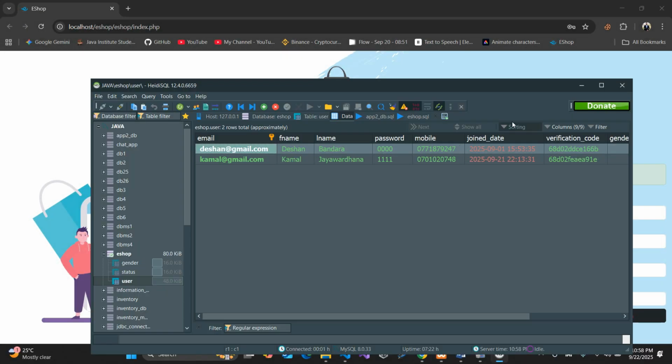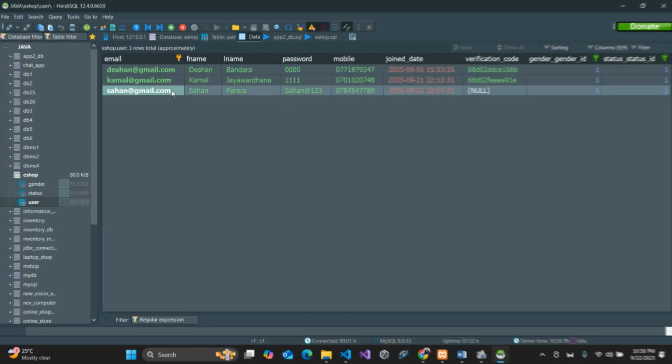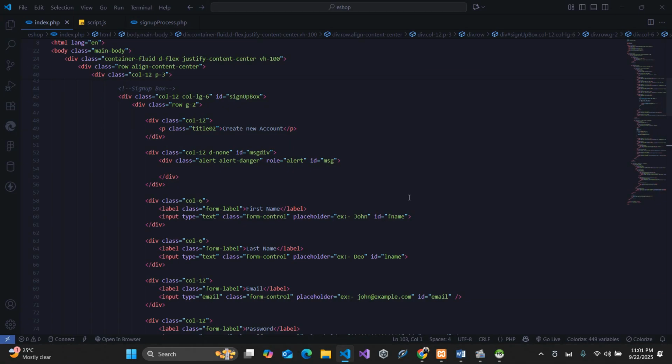This user is stored here. Let's talk about the index.php file. It is our front end, the part of the application that the